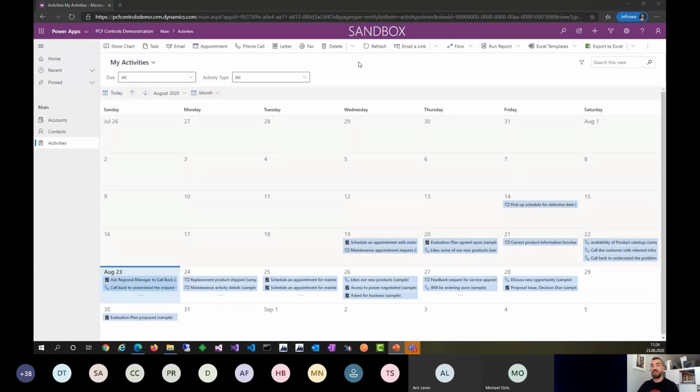Let's jump to the next one that I have spoiled already, so I will not make any announcement. This is the editable control. I'm pretty sure that almost every single implementation wanted to have an editable control, instead of opening a record, editing it, and going to the next one and the next one. I'm pretty sure almost every single person that implemented Dynamics CRM or Dynamics 365, or whatever it's called now, CDS,